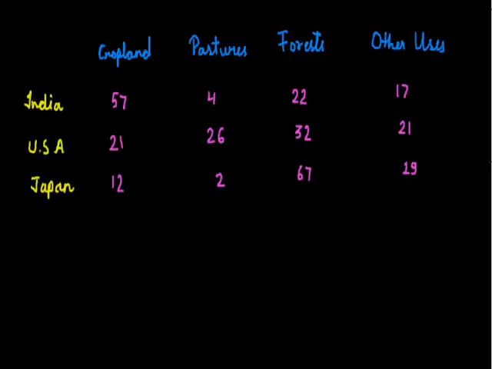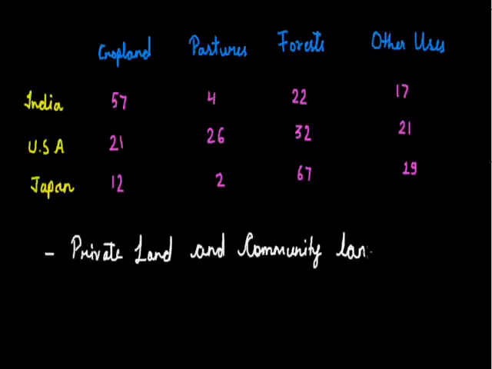Now, in the land use pattern, we can also add how the land use has changed from the past to the present condition. In the earlier period, the land was basically used for agriculture only, and the land was divided into private land and community land. Private land was land which was owned by a person, and community land was the land which was owned by